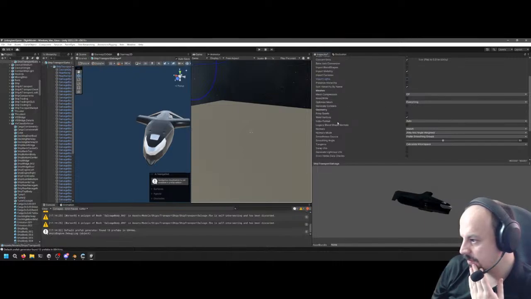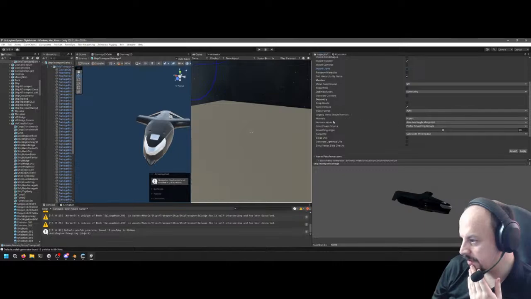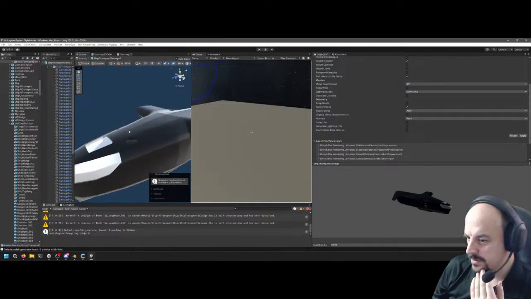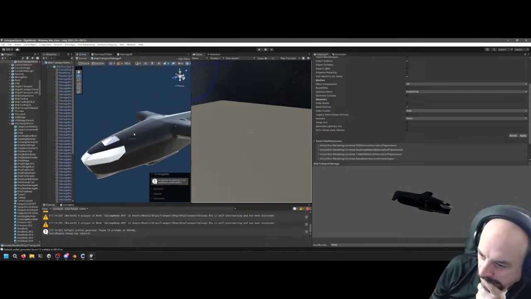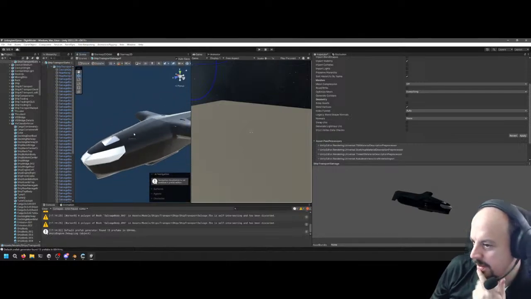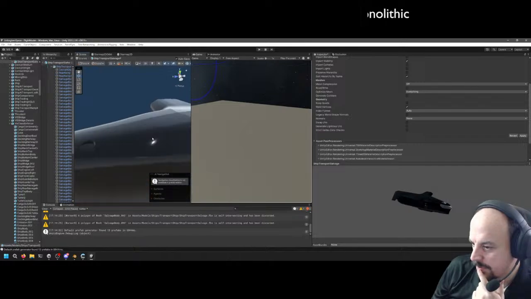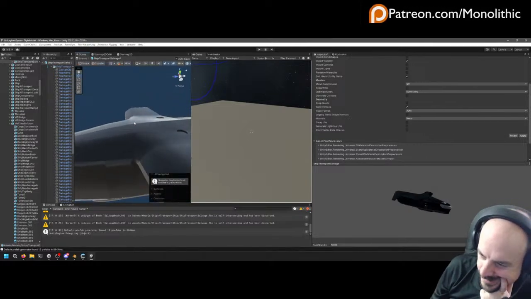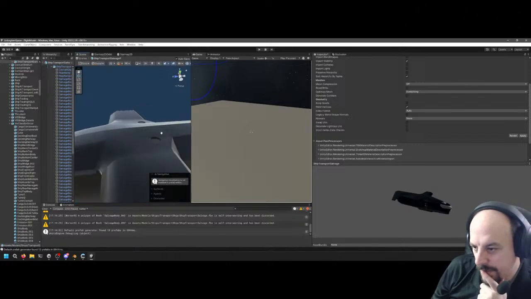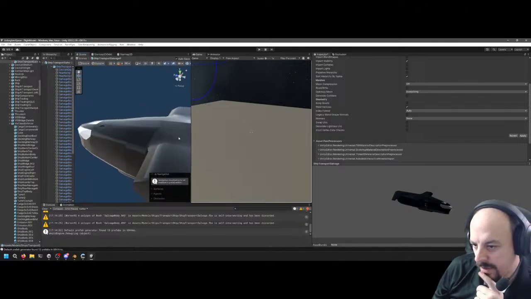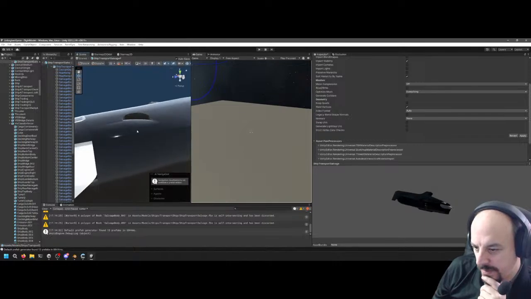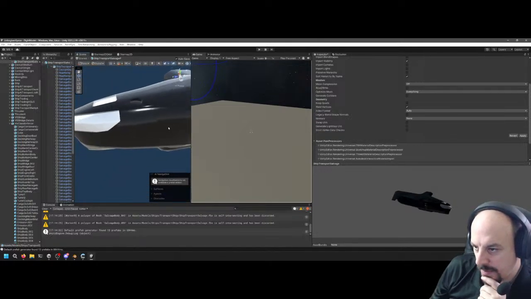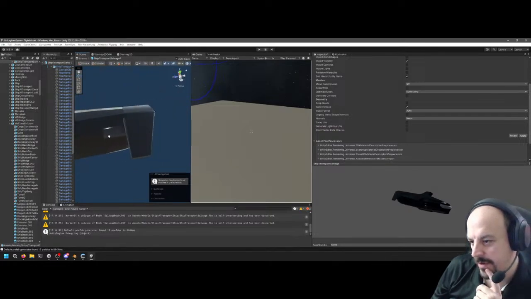Index format auto. Normals, none, because we don't need normals. Oh, we actually do need normals because of the individual pieces. It depends. If we break the normals up, then we're going to see all the lines in between them. I mean, if it blows up, it doesn't really matter though.